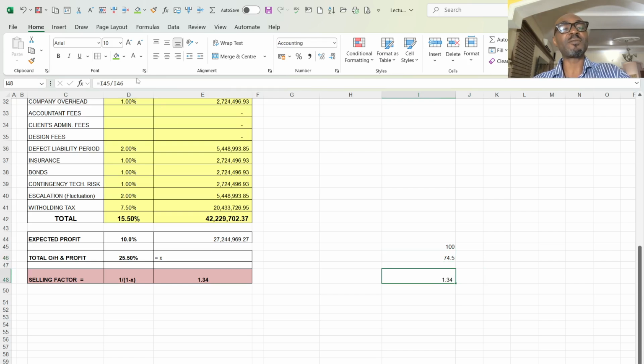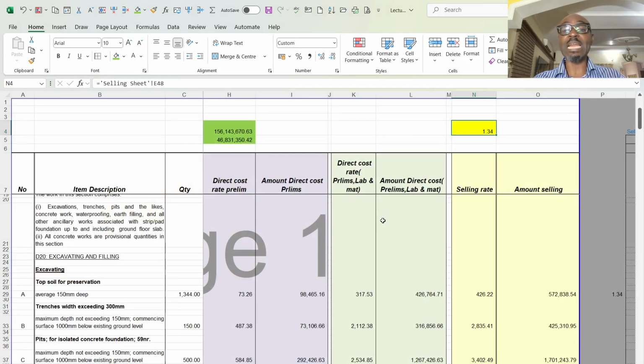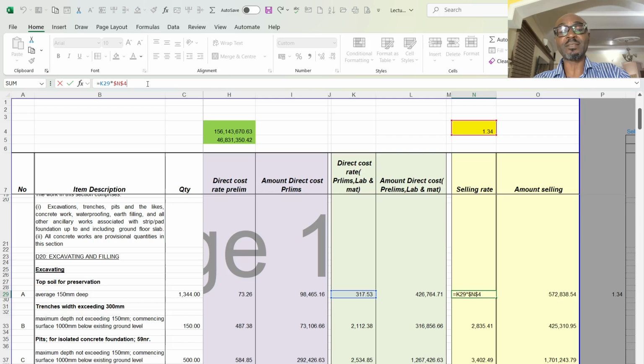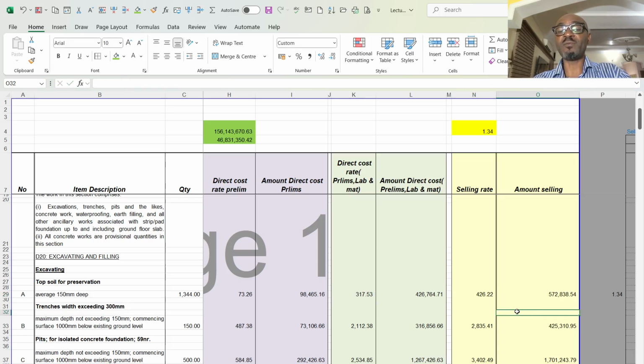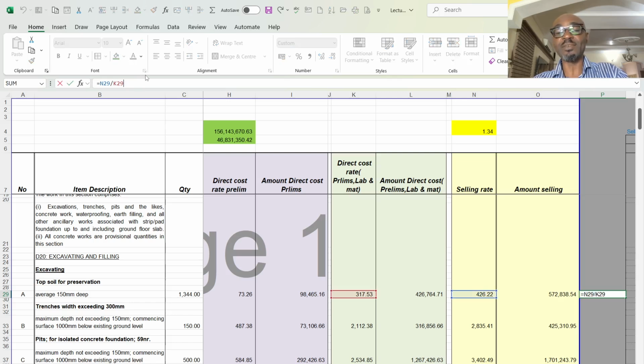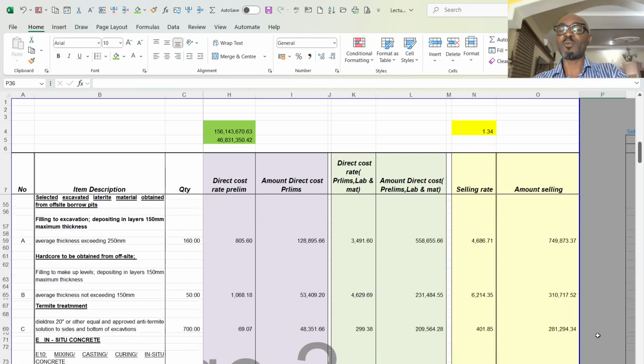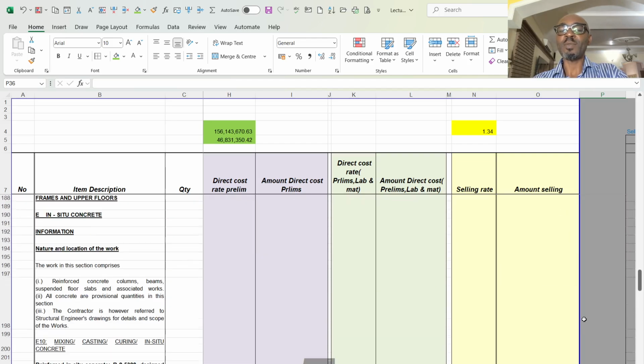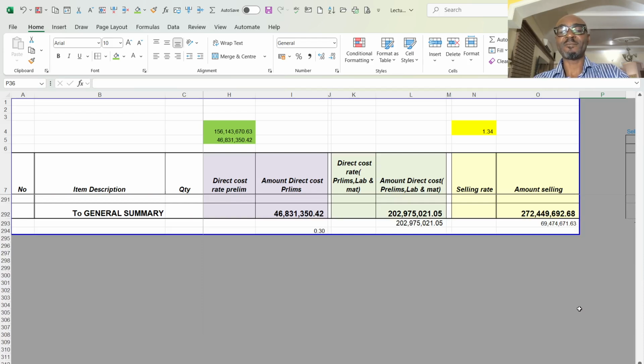Then 100 divided by 74.5% gives you 1.34. And that is what I linked here, to now use it to multiply my direct cost by the factor to give me what my selling rate is. So if you now divide my selling rate by the direct cost, it will give you my 1.34, meaning that I am correct. And if you come down here, you see that I have my